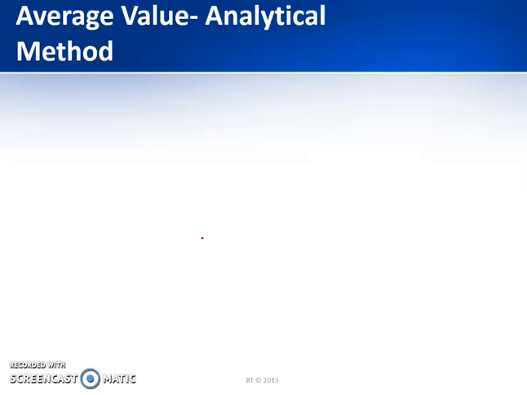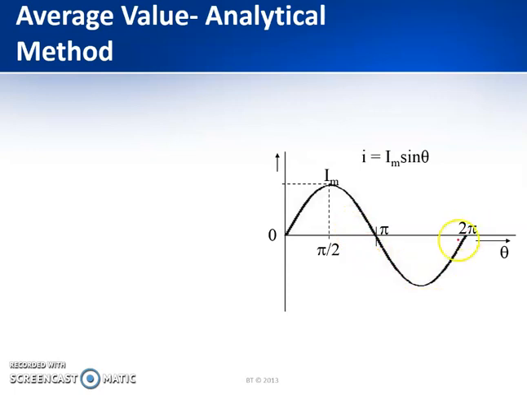In the case of a symmetrical AC, if you take a complete AC waveform and find the average value, then the average value will be 0 because the positive and negative cycles are the same. Therefore, under such conditions, we take only one half cycle. If the area under the positive half cycle and the negative half cycle are the same, we will be considering only one particular half cycle.